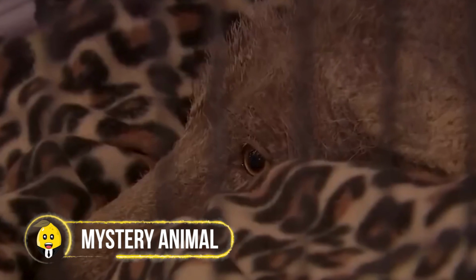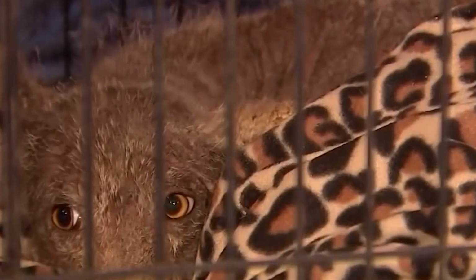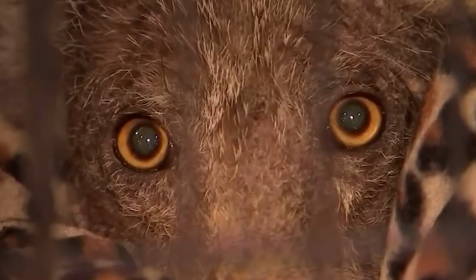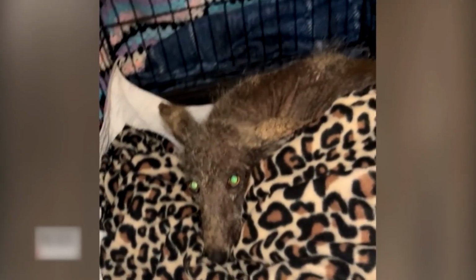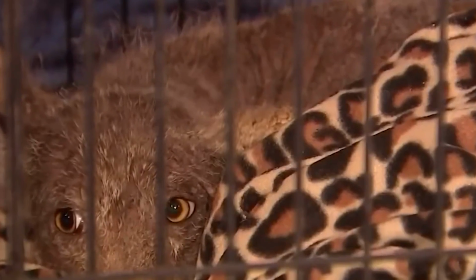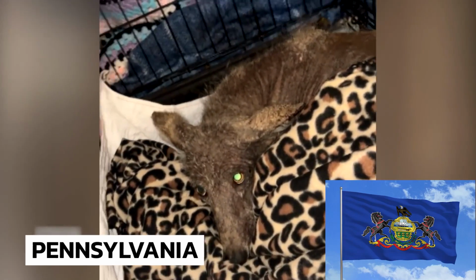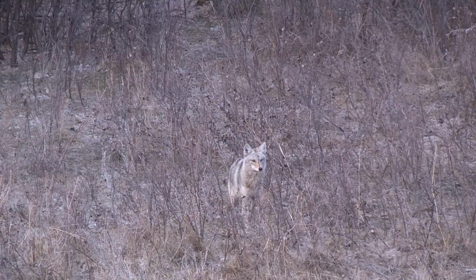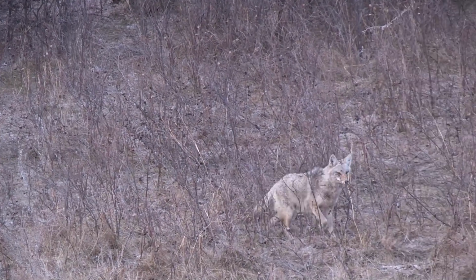Mystery animal. Either this is some extraterrestrial being or some sort of hybrid animal. This mystery creature was found a few years back when it was hiding under a porch somewhere in Pennsylvania. Scared and depressed, with pointed ears and a snouted mouth, the creature had some features resembling a coyote, but other